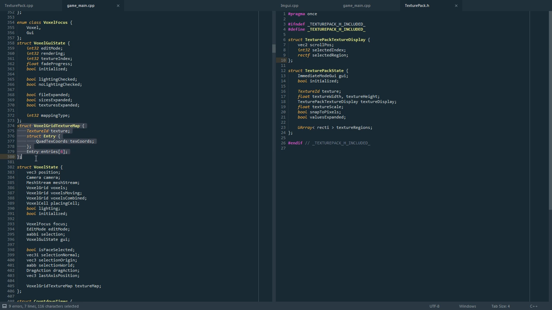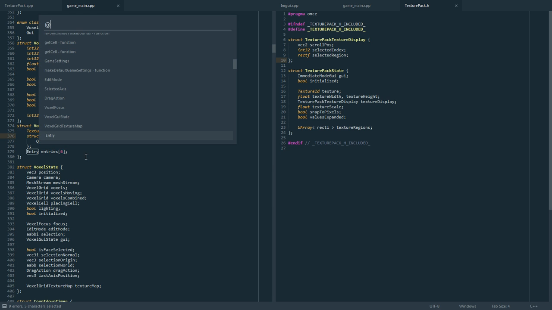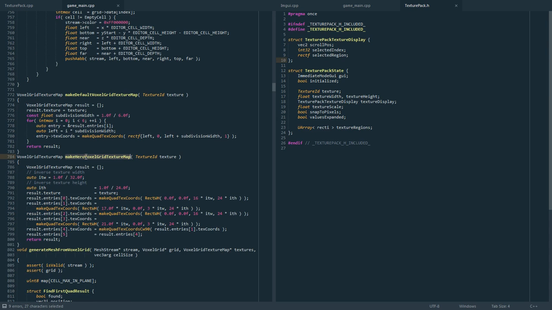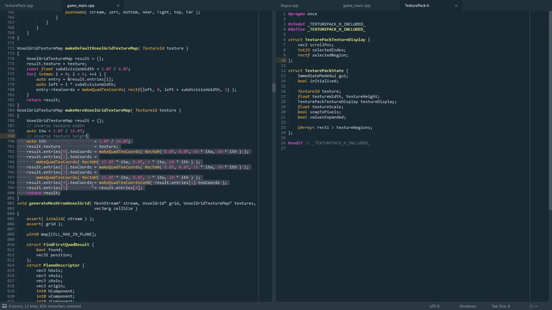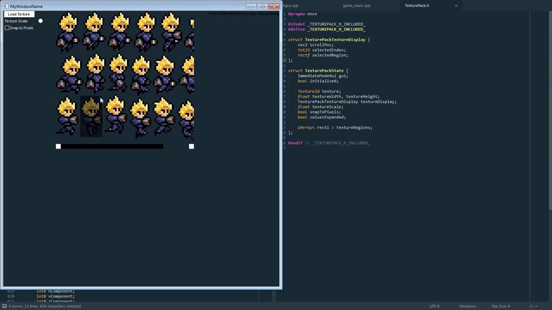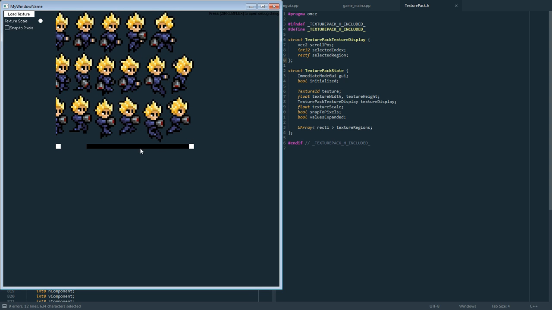But currently I am setting up these texture coordinates programmatically or hard-coded, which is like here. And I want to make an editor where I can do that more easily,